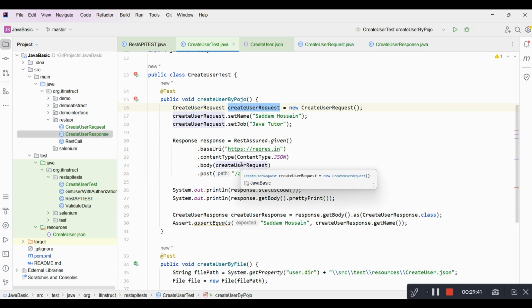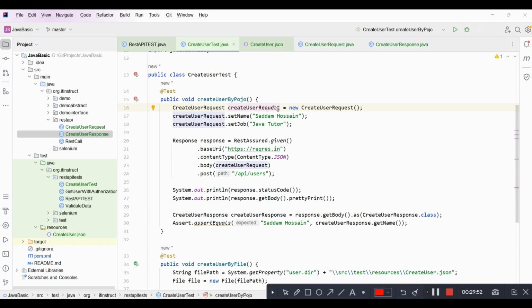And that is nothing but we have created a class object, that is a POJO class object, and we have added the data, right? And that POJO class object we are passing into our body. So here one thing you can understand, that this is my type of object, that is nothing but a Java object. But when the API call happens, this body converts your class object to a JSON type of data. Okay, so this conversion, I mean,